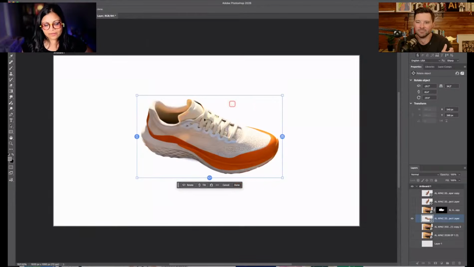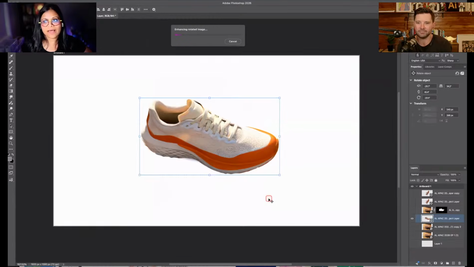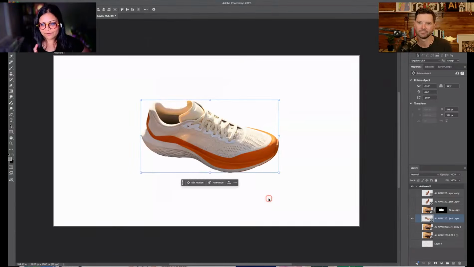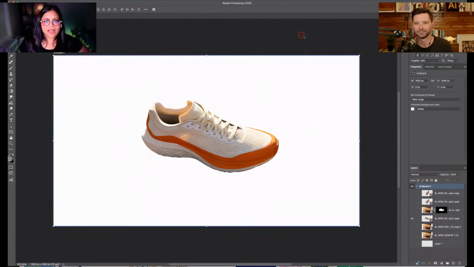I'm going to click done. This is again still a low res image, and I'm going to click done here, and it's going to enhance that rotated image really quickly. So this did have a background, but while it's doing the rotate object, it removed that background. So now I'm thinking, do I have to click on the harmonize button after? That's interesting. It completely removed the background on this one. I guess you have to then, so if I had, let's say I already had a different background,